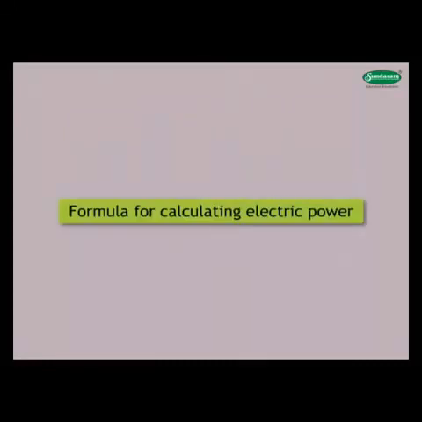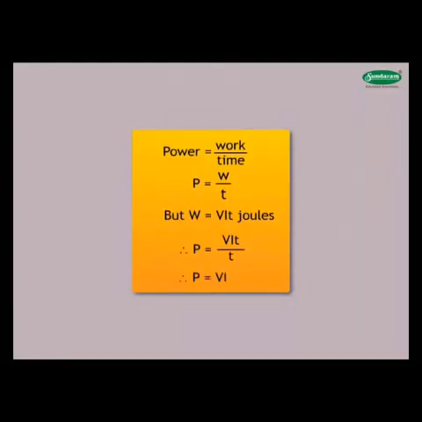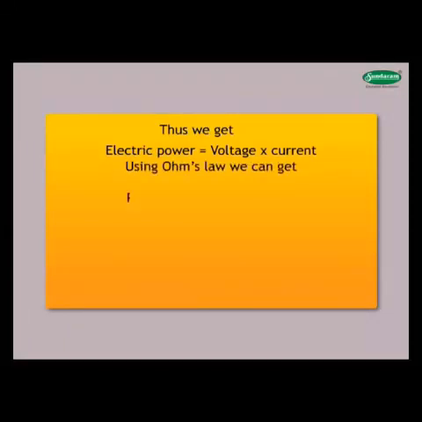Formula for calculating electric power. Power is equal to work upon time. P equals W upon T, but W equals V I T joules. Therefore, P equals V I T upon T. Therefore, P equals V I. Thus we get electric power equals voltage into current. Using Ohm's law, we can get P equals V I equals I squared R equals